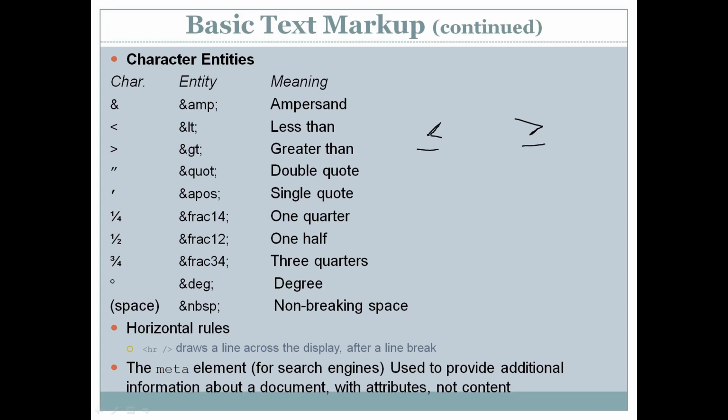All the tags start with this symbol and end with this, which means all tag names have an open angular bracket and a close angular bracket. In the same way, the double quote has a meaning in HTML. If you use a double quote, that means you are defining an attribute value. So these characters cannot be directly printed as is. To print these characters, we can use some character entities.